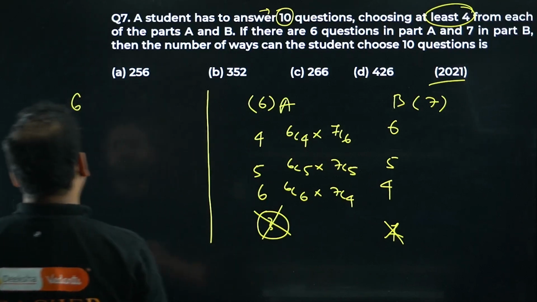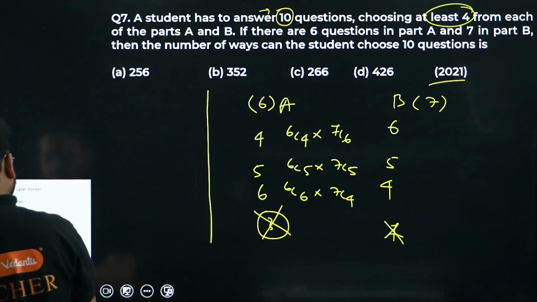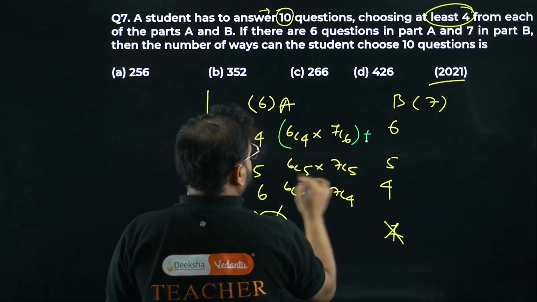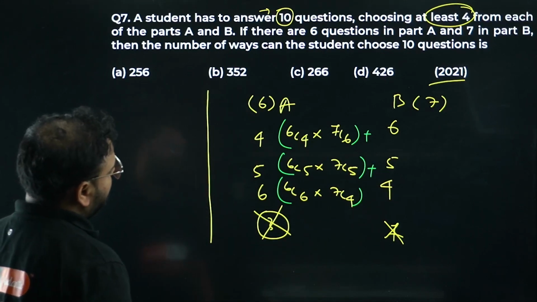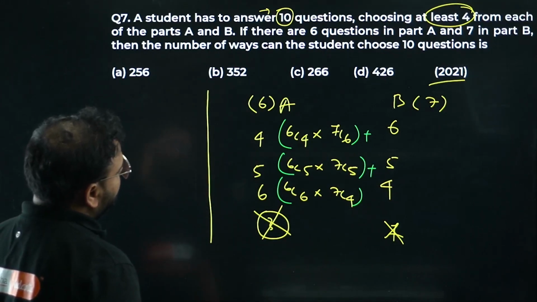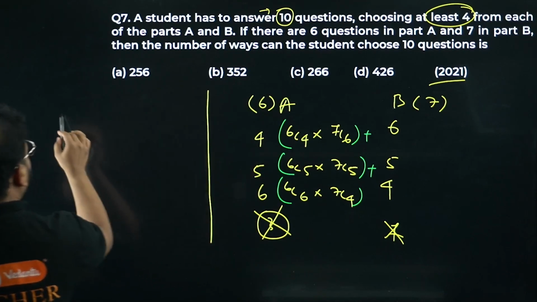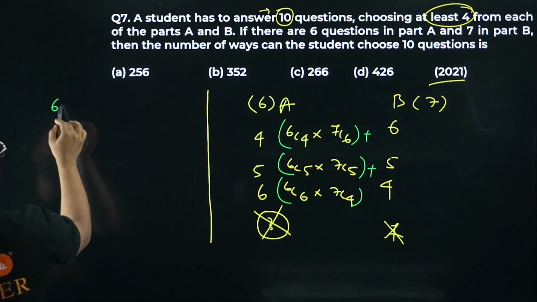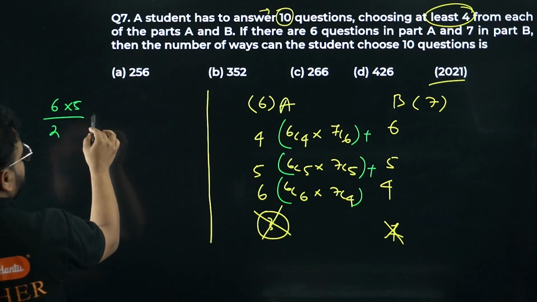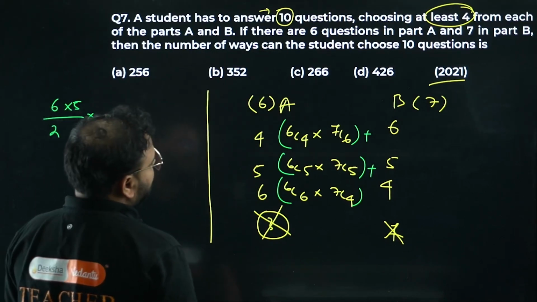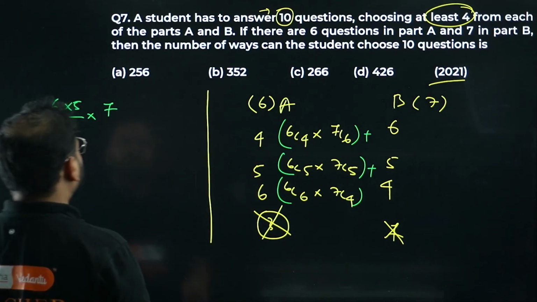I'm asking you to add these different values. So basically this bracket plus this bracket plus this bracket. If you want to see these values, I can take 7C4 common, but no need. So please check what I'm going to get. 6C4 is 6 factorial, 6 into 5 upon 2 factorial, so basically 2 into 7C6, so I'll get 7 only. So this is done.